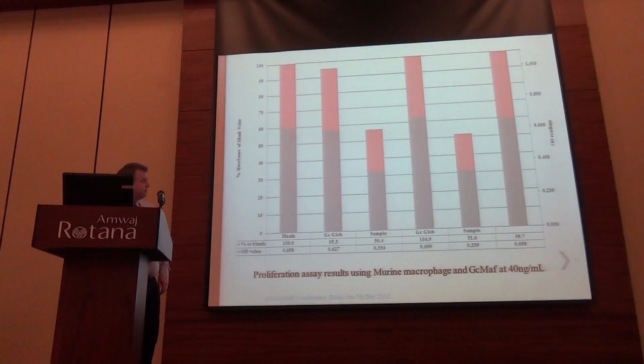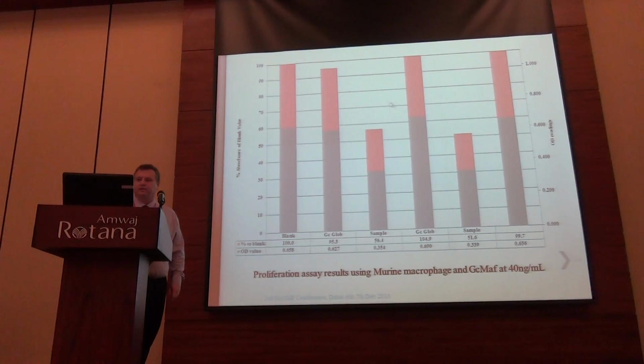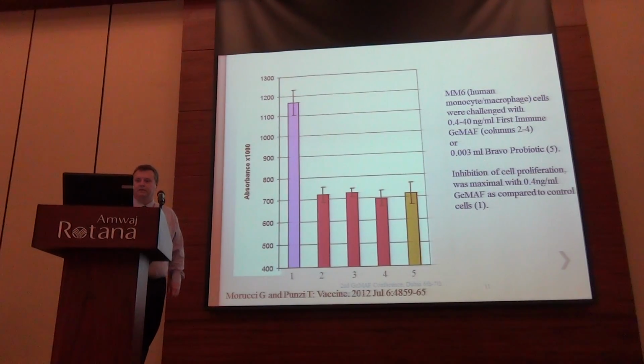These are the results that we get from the proliferation assay. I think you can see here, this is the sort of standard that we get from the blank and the Gc globulin, and then there's a second batch of internal standard Gc globulin that we use. There's a sample that we test, and we also have an internal sample to make sure that we're positive in that. So the results that we get, we're fairly happy with our proliferation assay, that we definitely have activity.